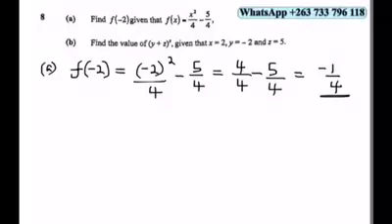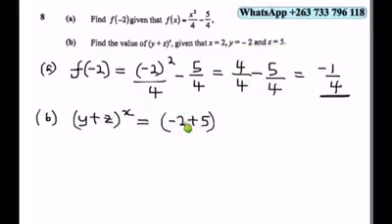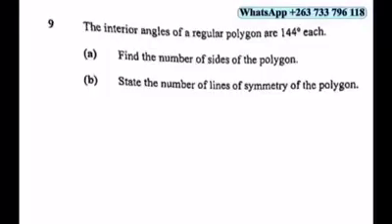In part B, we are going to substitute again. We're given y plus z to the power x. Therefore, x is equal to 2, y is equal to minus 2, then z is equal to 5. Therefore, in brackets, we have minus 2 plus 5. Then x is 2, so it's minus 2 plus 5 squared. Minus 2 plus 5 is 3. So 3 squared is equal to 9. Then on number 9,